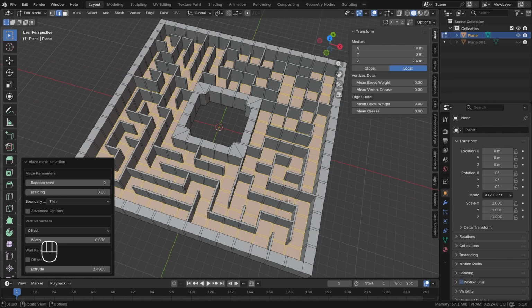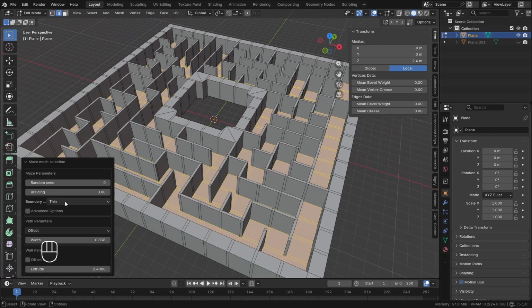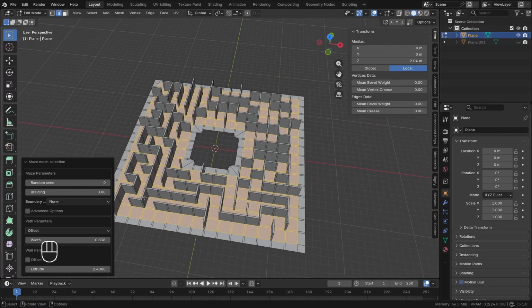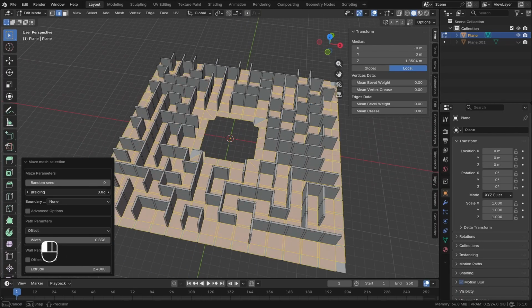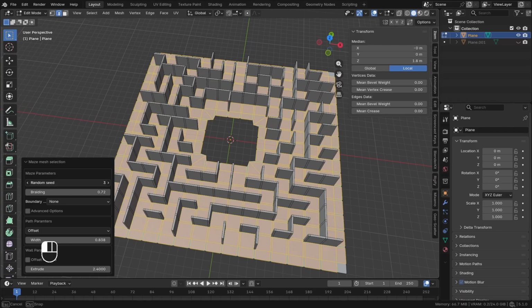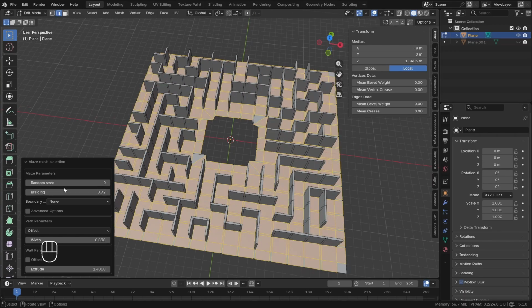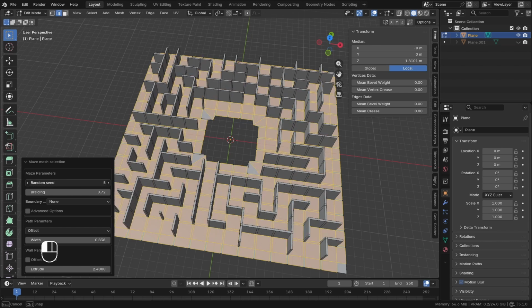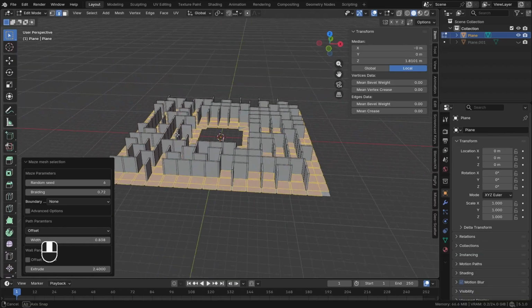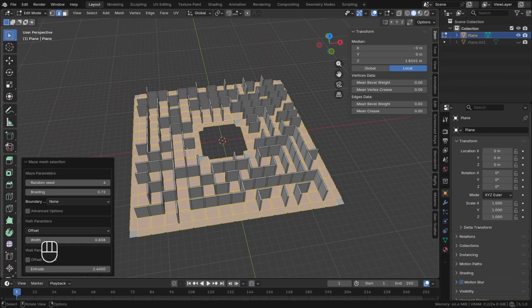And also we're getting this boundary which looks really bad, so in the boundary let's just set it to none, and now it's gone. Also we have some parameters that we can play with, like the braiding. If we increase the braiding, it's gonna decrease the amount of dead loops in the maze, and it's gonna introduce some gaps. So I like to increase it somewhere around like this looks good. And we also have this random seed which you can use to get a different pattern. So play around with these values and see what you like, and after you're happy, let's go to front view,